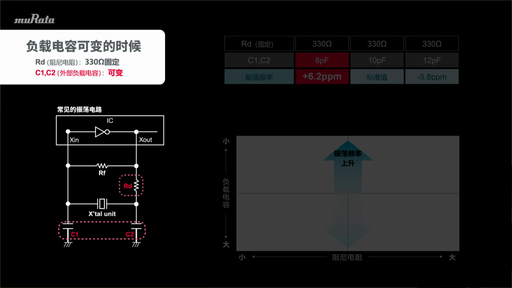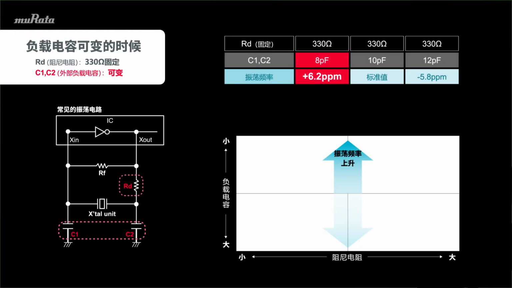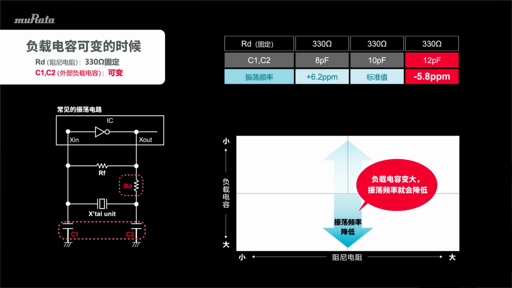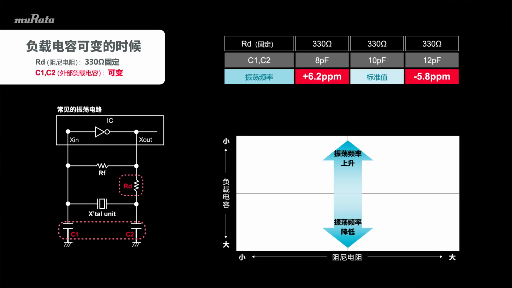First, here's an example of measuring each oscillation characteristic when the load capacitance value is changed. The oscillation frequency increases as the load capacitance value decreases. Conversely, increasing the load capacitance value will lower the frequency. Therefore, by changing the load capacitance value, the oscillation frequency can be adjusted and the desired oscillation frequency can be